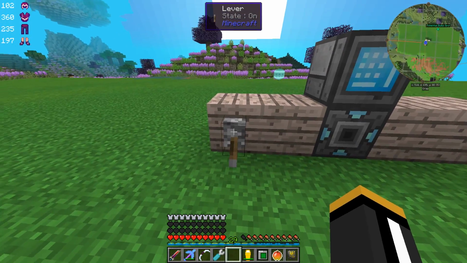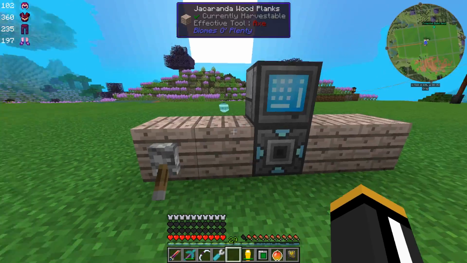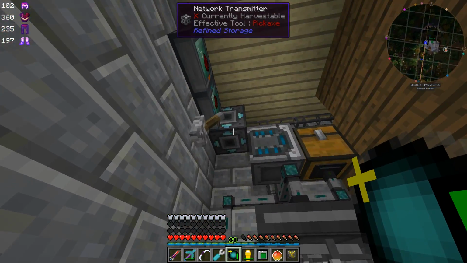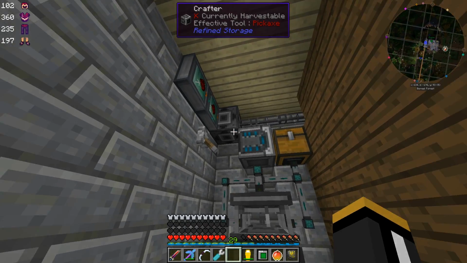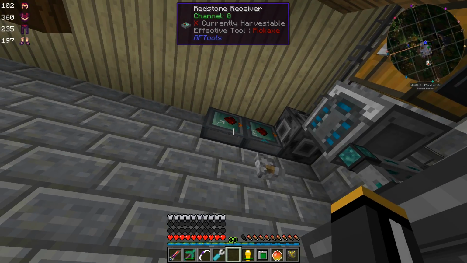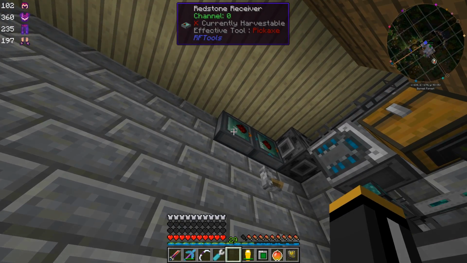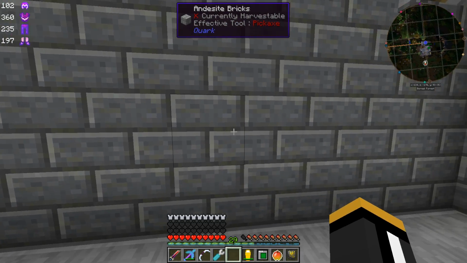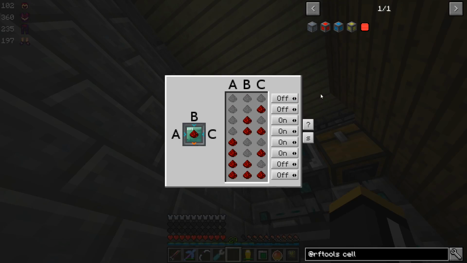I have a three-way switch now, so we can turn it on and off here. And if we happen to forget to turn it off and we end up going into the overworld, we see that, oh, that's still on. Boom, we can turn it off from here. Hooray! And then we can still go out there and turn it on because what I've got is a redstone receiver here that is grabbing the redstone signal from the lever in the other dimension. And then I've got a logic gate here that's